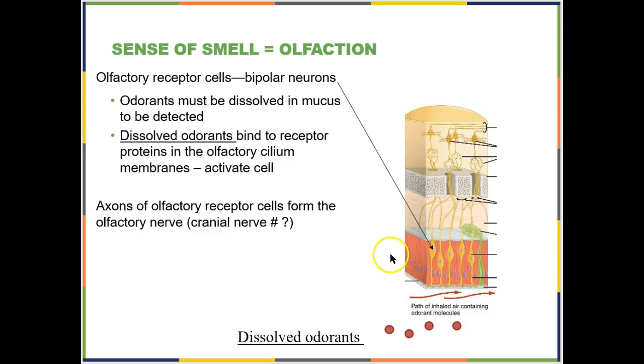So collectively then, all of these axons here are what make up your olfactory nerve, which is cranial nerve number, does anybody remember? It's number 1. I always have to review that list because I don't do well with lists. So moving right along,